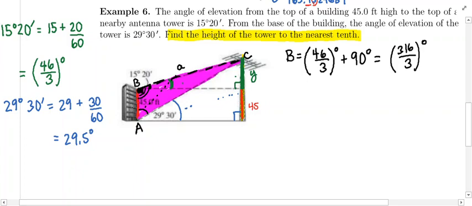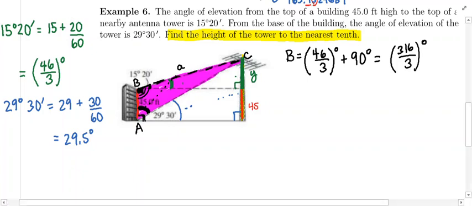We also know angle A. Why do we know angle A? Well, the ground and the building form a right angle, okay? So the blue angle is 29.5 degrees, and we know that if we add this purple part here, this little part I'm writing on right now, to the 29.5 degrees, that's going to be a 90-degree angle. So to get angle A,